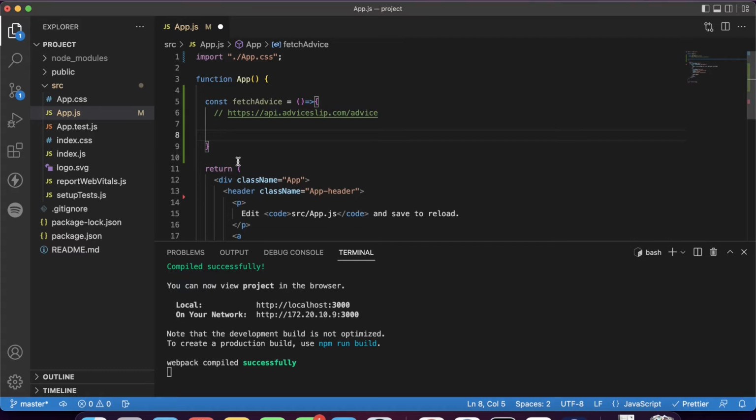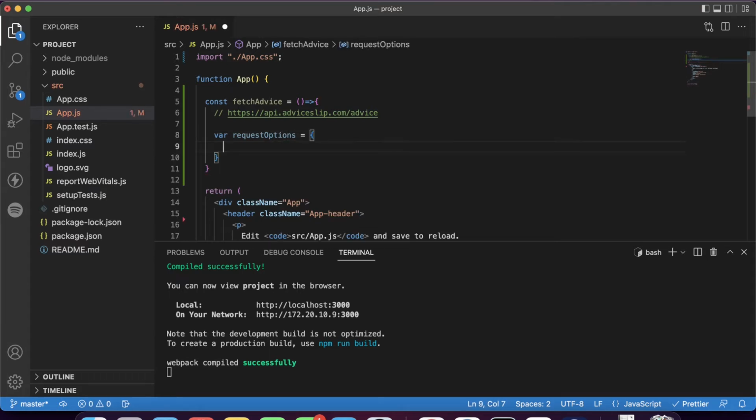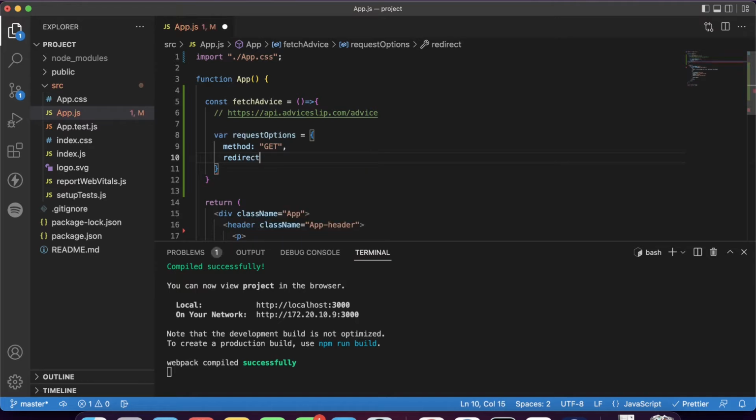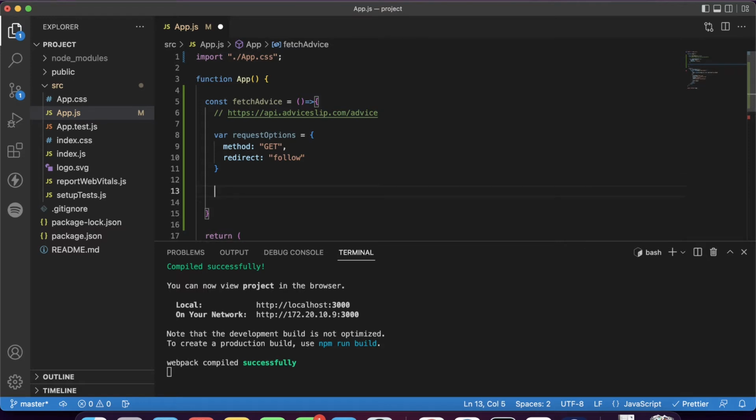Okay, so first I'll create a request options object, have method that as GET and redirect as follow. Okay, and then I'll call the fetch function. I'll paste my URL here and pass this request options here.